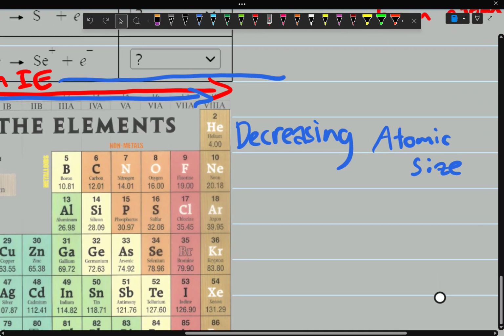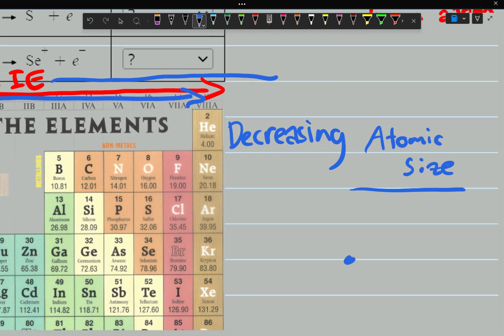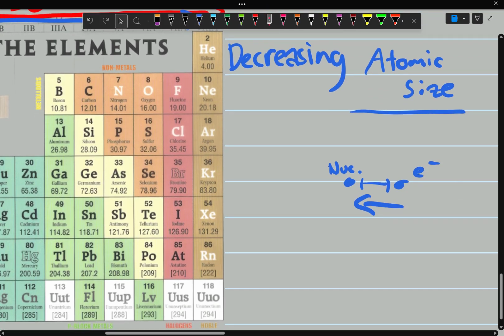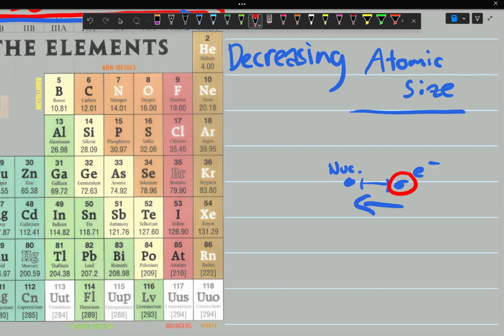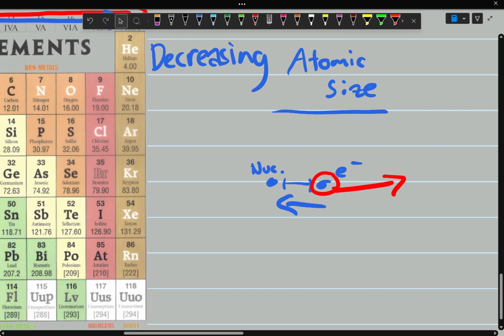So as your atomic size gets smaller, the electrons are closer to the nucleus, and therefore experience a greater force pulling them inward. And so it makes sense that ionization energy, which is the amount of energy required to remove an electron, is